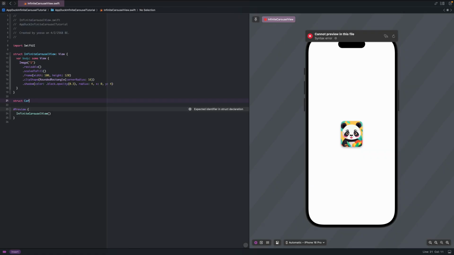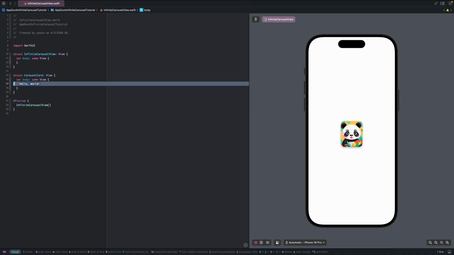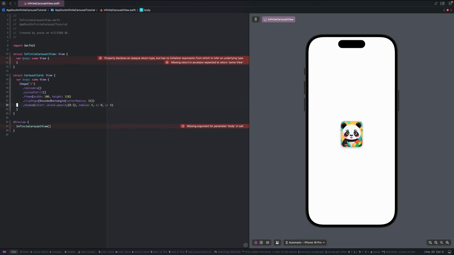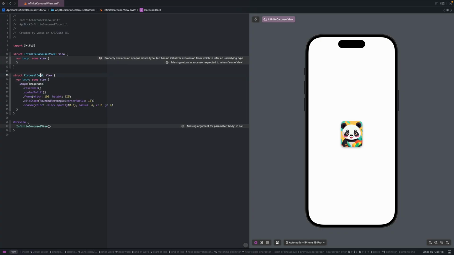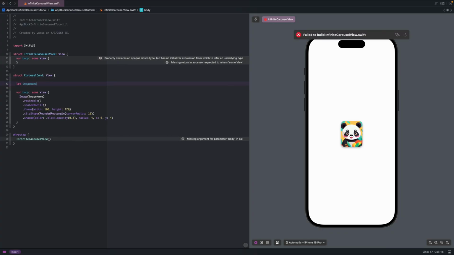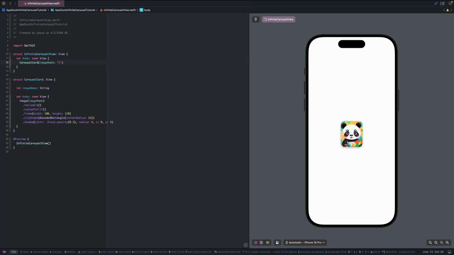Okay. Let's make it a subview. We call it carousel card. Move it here. And change this to image name. Okay. Carousel card. Okay. And